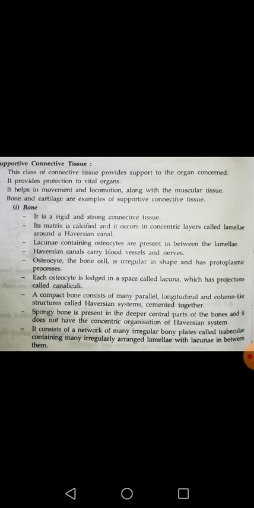ठीक है, and in between the bone there is spongy bone. Spongy bone is present in between the bone, at the deeper part we can say. And it does not have Haversian system. तो कहने का मतलब है कि जो बीच का पार्ट है बोन्स का, ये स्पॉन्जी बोन बोलते हैं